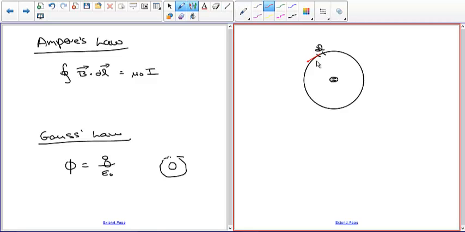So that's the magnetic field vector at this point. That's a vector, and this little dl also has a direction, so it's a vector as well. And when you do the dot product of two vectors that are in the same direction, it just ends up being the product. So what we can say is if the magnetic field vector and the dl vector are in the same direction,